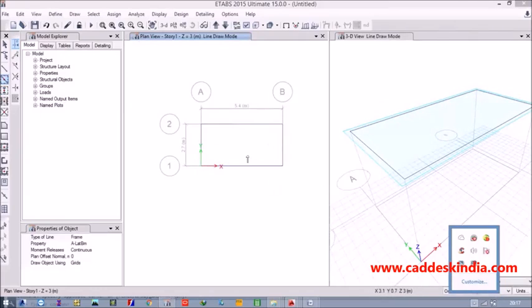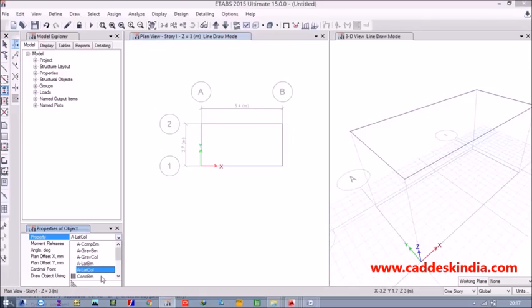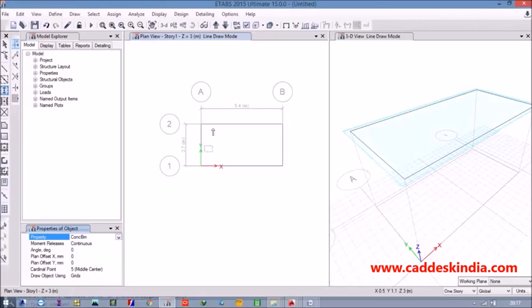Now I have created the framing plan, and now draw the columns. So click on the columns tool and set the properties from the lower left, and this is my concrete column. Suppose this is my property of the columns, and I have the columns at the